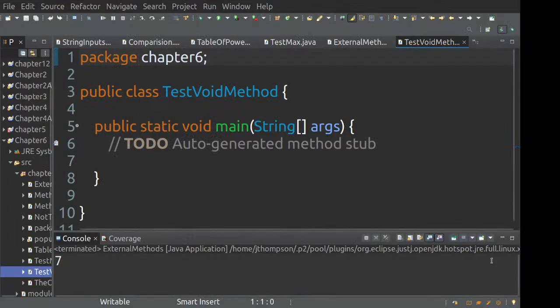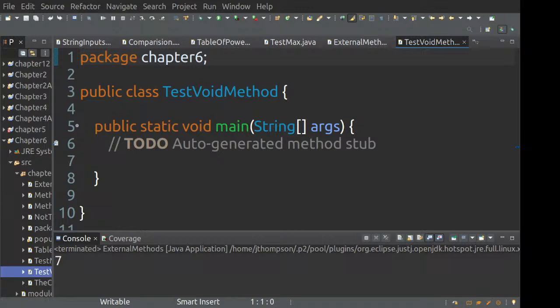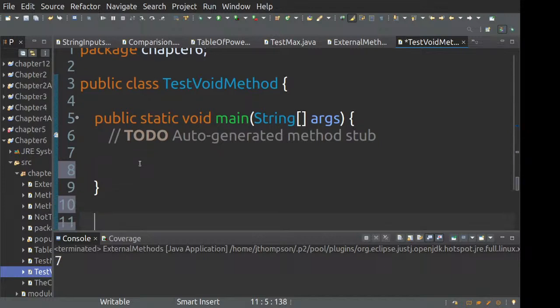All right, so this ends my main method. And in my main method, I'm going to be referencing a void method, but I want to create the void method below it. So I'm going to create the void method first. So we're going to create a public